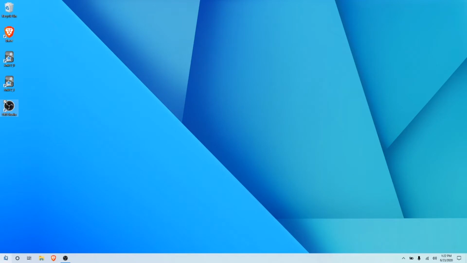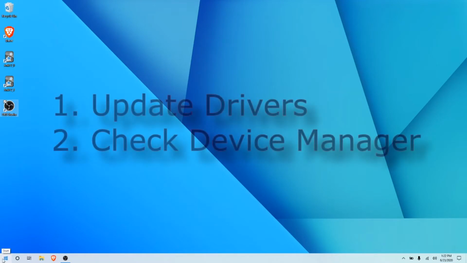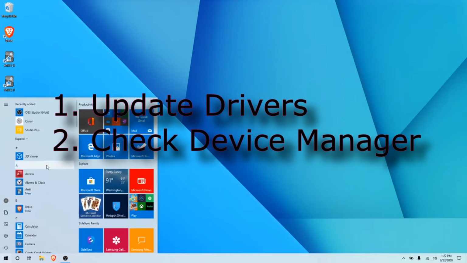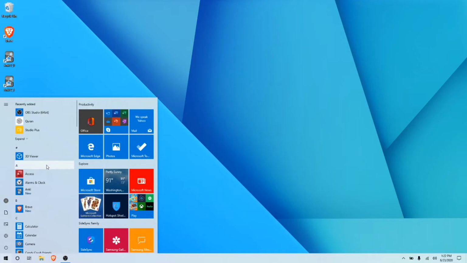So the default steps that they have you troubleshoot online is to go through Windows Update, but if you check through all your Windows updates and everything works good, then the next step is to go to the device manager,